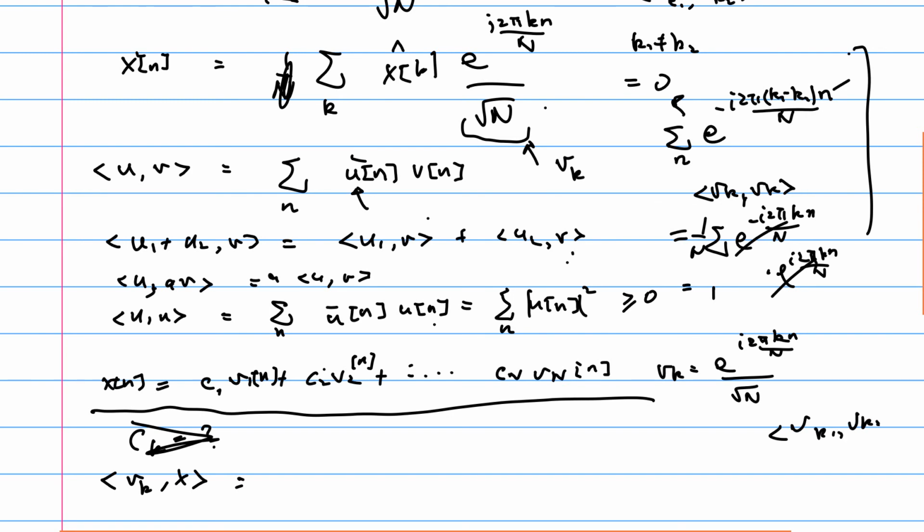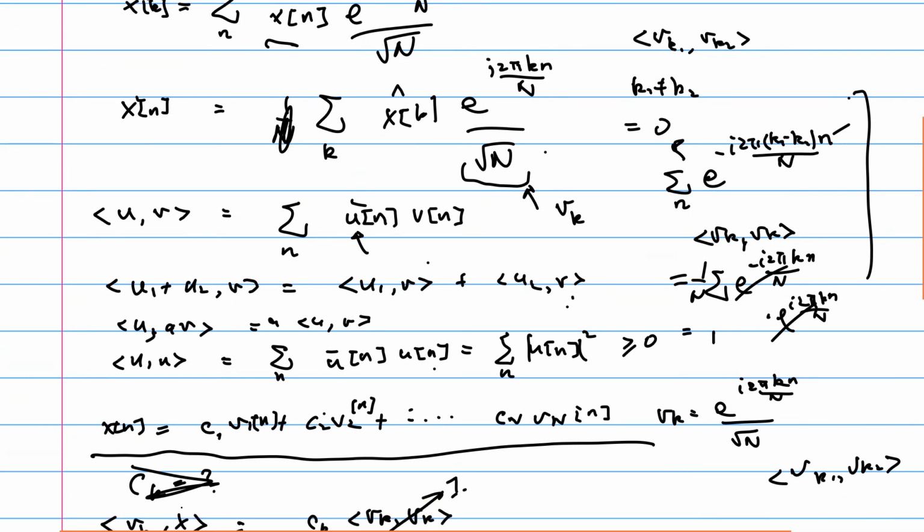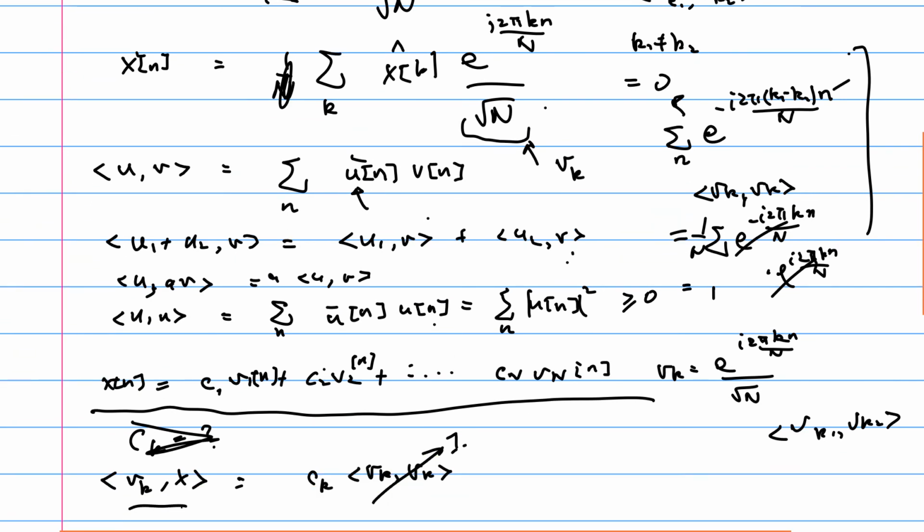this will be all 0 unless k1 equals k2, right? So if I do this, I only have one term left, because vk with v1 is equal to 0, and vk with v2 is equal to 0. Only one term left, ck times vk with vk, right? But we already know that vk with vk is just equal to 1, right? So therefore ck is just equal to the projection there. And then from the definition of that projection